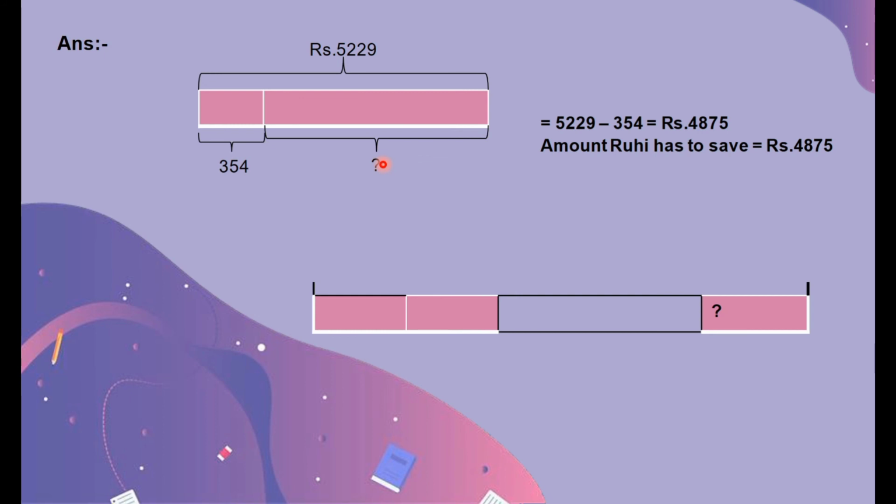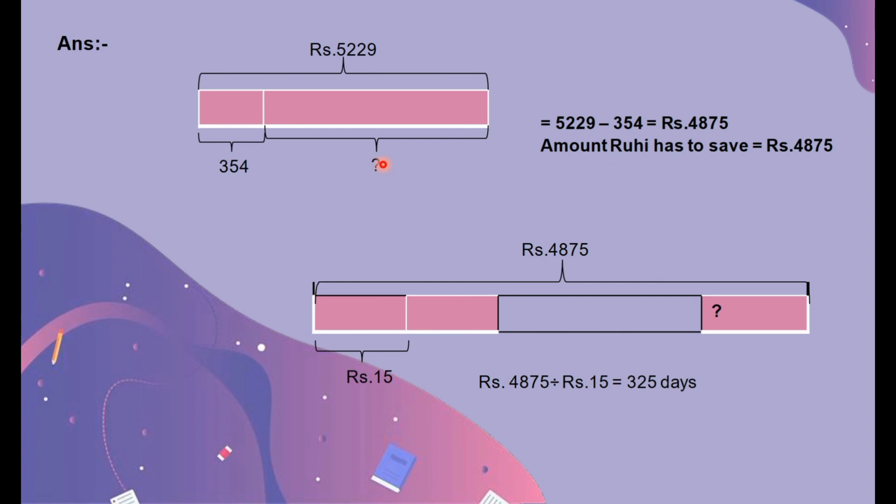Now next, again move to the bar model. You would draw the bar model like this. So now here we need to find out what. So what was the total? 4,875. This was the amount she has to save. But 1 unit is marked for rupees 15, because per day she has to save rupees 15 as it is given in the question.